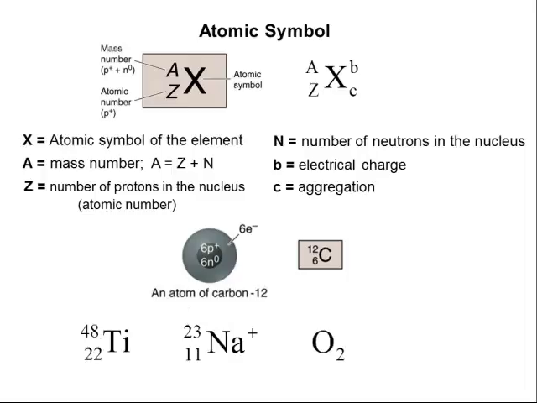O subscript 2, well, that's that aggregation I was talking about. So this tells me in this particular compound there's 2 oxygen atoms bonded together. Okay, that's what I mean by that aggregation. All right, and I can have this mercury symbol where I've got a mercury, it's got a 2+ charge, and there's 2 mercury atoms bonded together. Okay, so those 2 mercury atoms bonded together have an overall charge of 2+. Okay, so this gives us a little bit of an idea of how to write out atomic symbols so that we can report these out. And what this does is, because it's uniform atomic symbols, it allows us to communicate within the sciences with each other. We've all agreed to use this kind of notation.